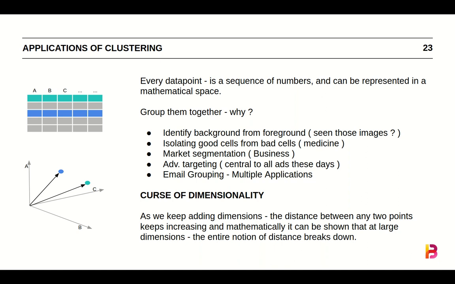Another use which we already discussed was market segmentation, where it's actually used day in day out. Everything that you do gets recorded in some way as a particular set of features, and all of these features combined can put you into a particular segment. So a segment might be anything like a low spender to a high spender, or a weekend spender to a sales spender, or you might be tagged as someone who would spend as soon as the product comes out. You're one of those people who would buy it earliest, or you're one of those cautious spenders who would first read all the reviews and then buy something.